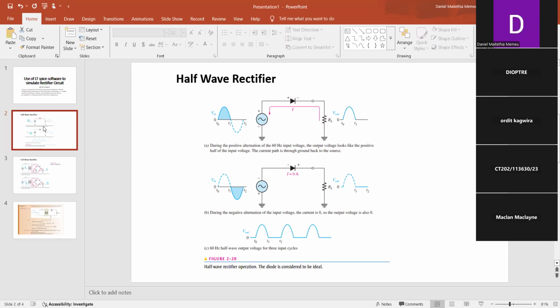Of course, you should have discussed this in your previous electronics courses, but just as a review, there are two types of rectifier circuit. There is what we call the half-wave rectifier, which comprises a single diode. Now, from your basic electronics, you know a diode is a device that allows current to flow only in one direction and blocks current from flowing